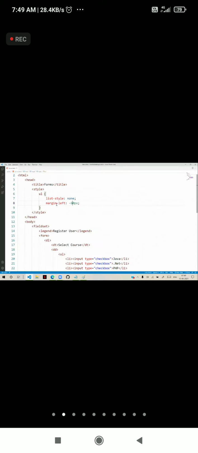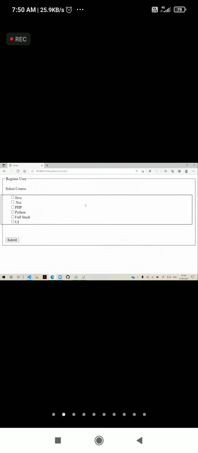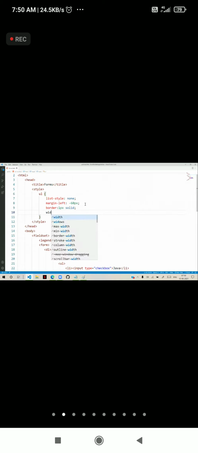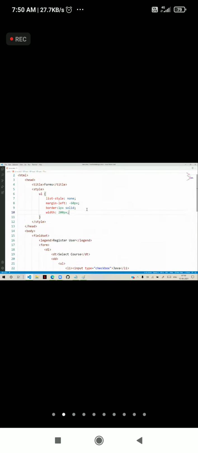After that, for the unordered list, I am giving a border as 2 pixel or 1 pixel solid. You have a border for that. And we have width, some 200 pixels. That is the width applied for that. This is the unordered list. Now I will change this margin-left to some 10 pixels.